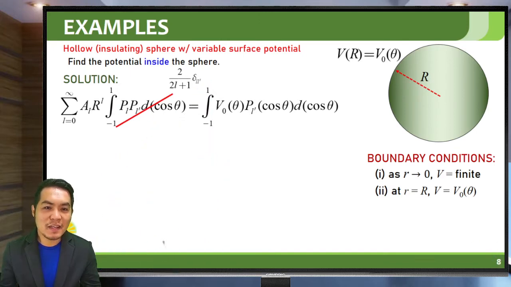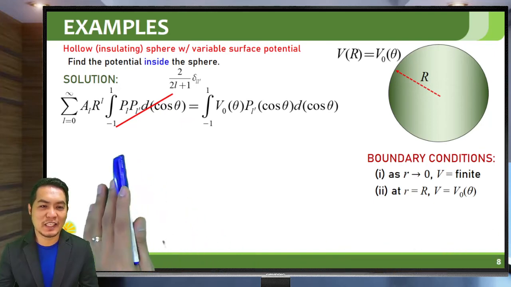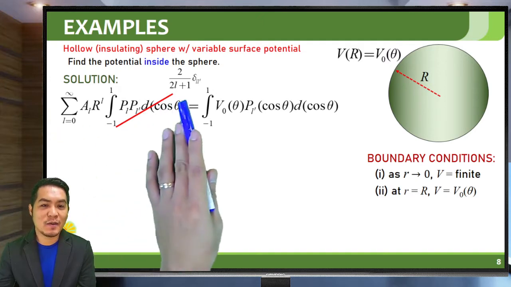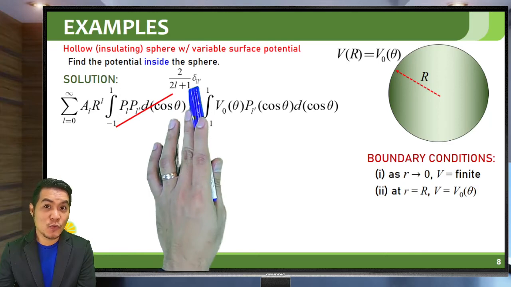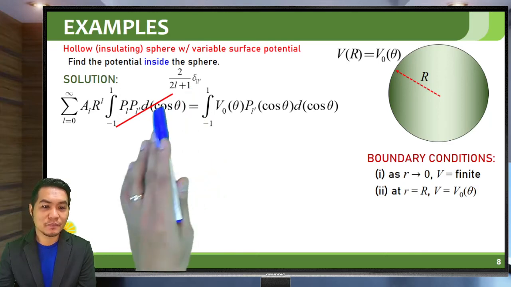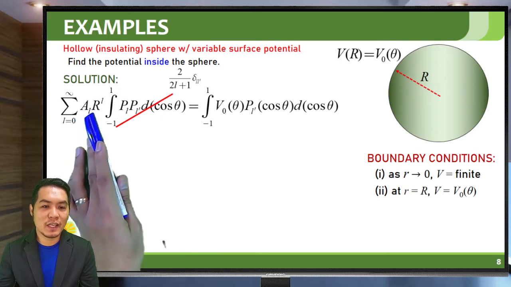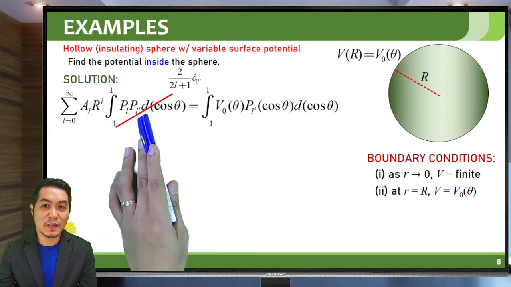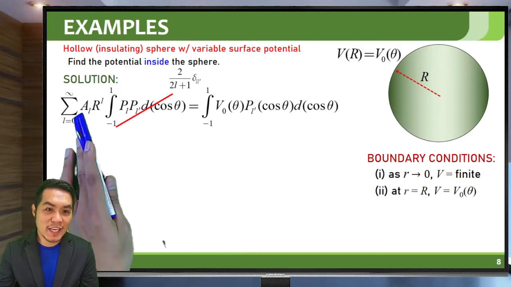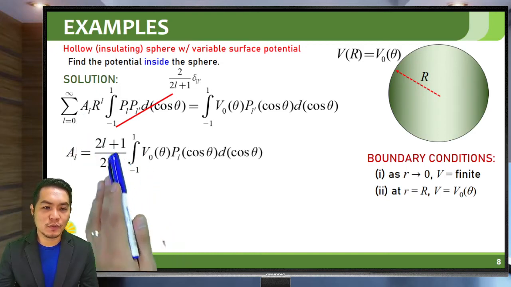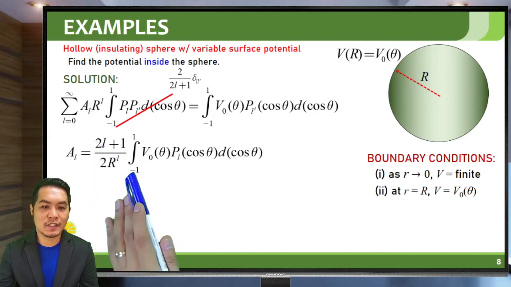In a similar manner, we have encountered this over and over again when we discussed the separation of variables technique. Only one term in the summation will survive: the term where L is equal to L prime. So only one term will survive, A_L. So you have A_L r to the L, and this term is just 2 over 2L plus 1. So you can now solve for A_L. A_L is just, cross multiplying, 2L plus 1 over 2, divided by r to the L on both sides, times this